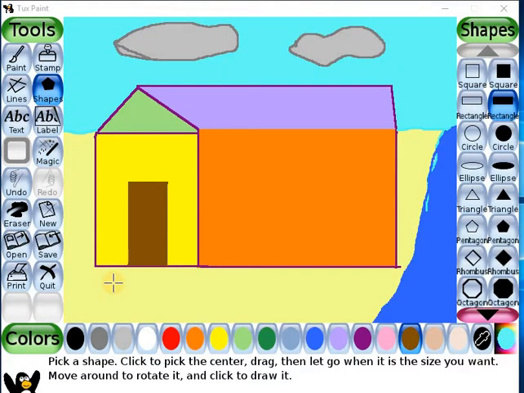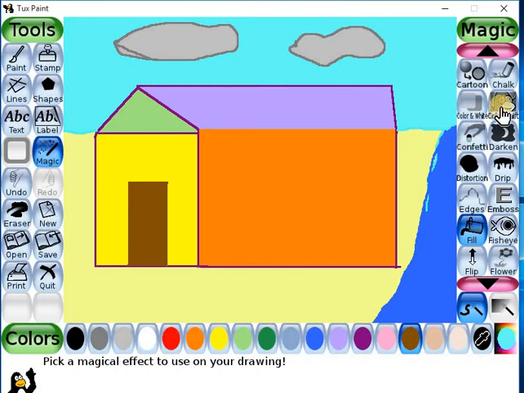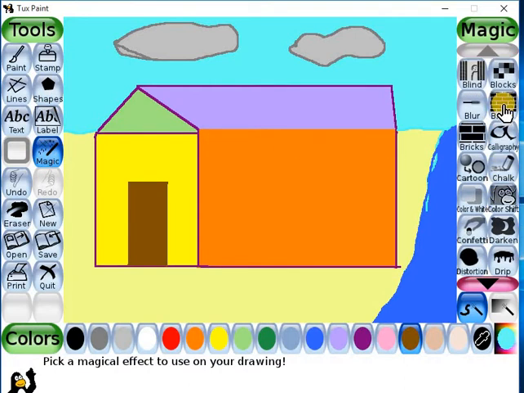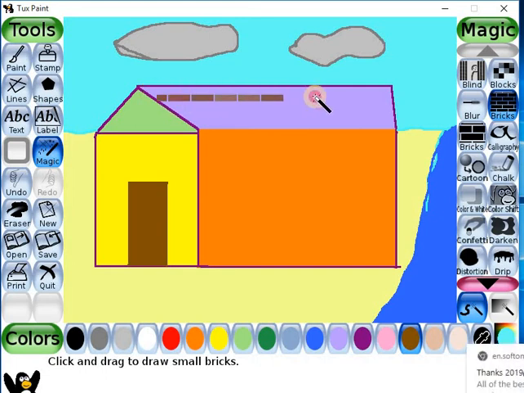This is a very simple drawing, children, which I have made earlier using paint and line tools. Let's improvise this drawing by applying the magic effects which we have learned just now. So first of all, we'll click on the magic tool, then select small size bricks and apply this effect here.